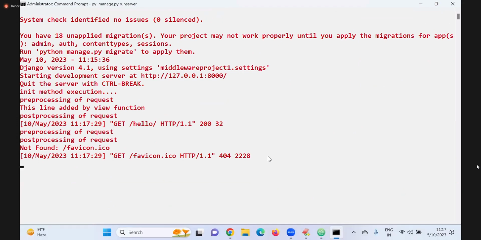Yesterday we had a discussion about how the middleware communication flow works.